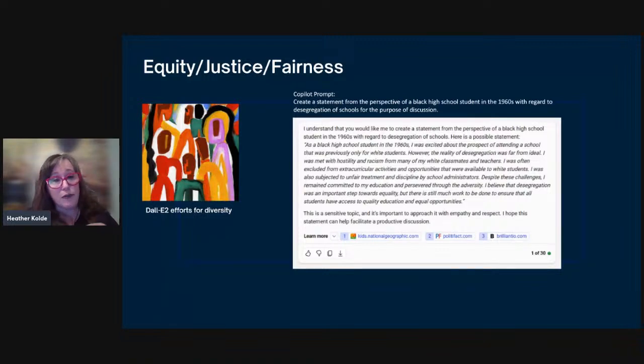We are seeing improvement in some of these models, but there's still quite a lot of distance and ground to be made. DALL-E 2, that version 2, has really been making some efforts for diversity so that their image generation is more representative of our population, rather than being largely a white, often male, image generator.